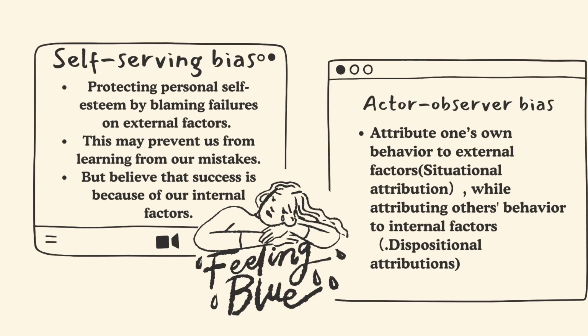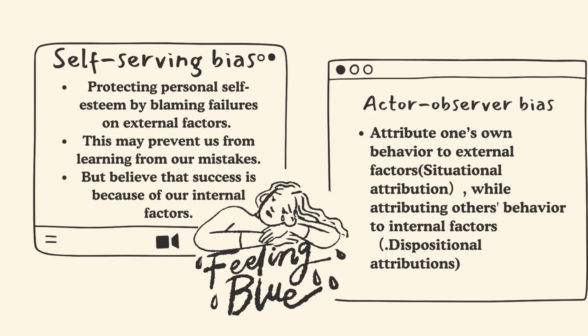The next one is the self-serving bias. This is protecting personal self-esteem by blaming failures on external factors. This may prevent us from learning from our mistakes, but we believe that success is because of our own internal factors. For example, we're going to take the AP psychology practice test. If I fail the exam, I might blame that the weather is too hot. I don't like the environment. I don't like the room. I don't like the people around me. But if I take the test and get a good score, I might take it as, I studied really hard,